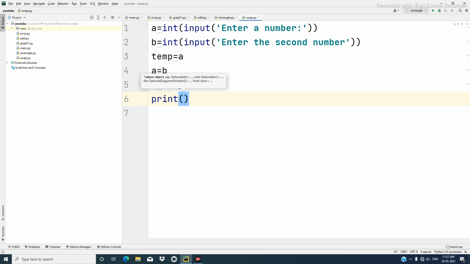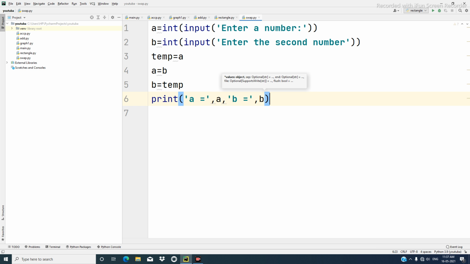So we write A is equal to, comma A, then comma, within a string B is equal to, and after that put a comma and put the variable B. So this is our print statement.